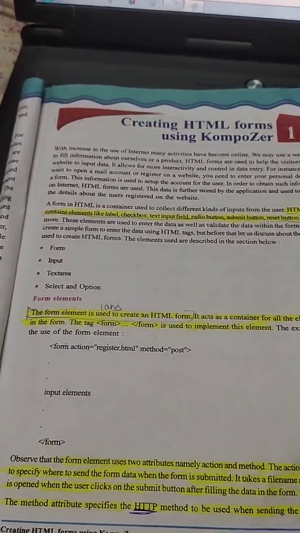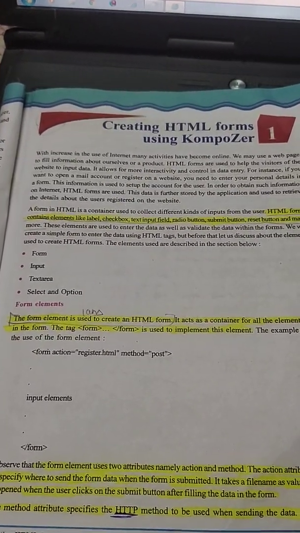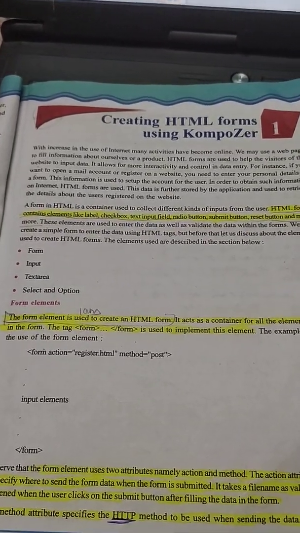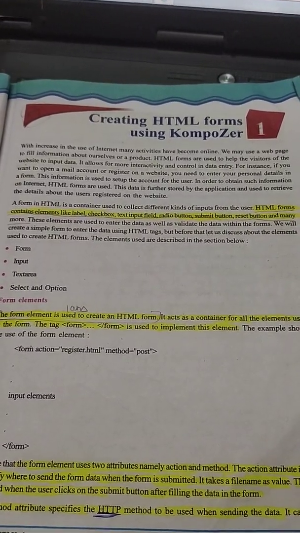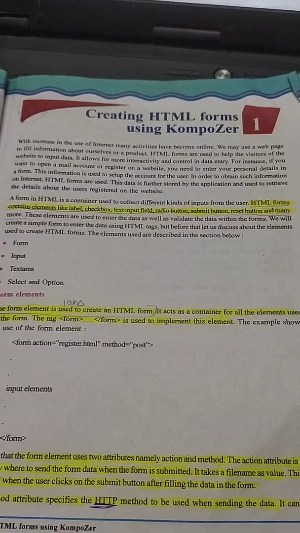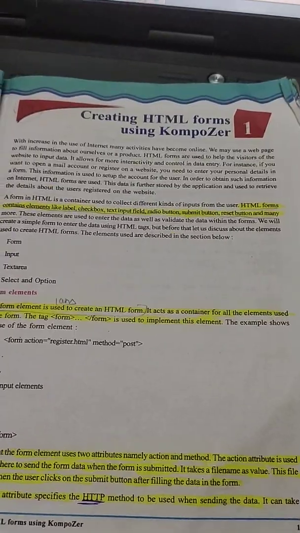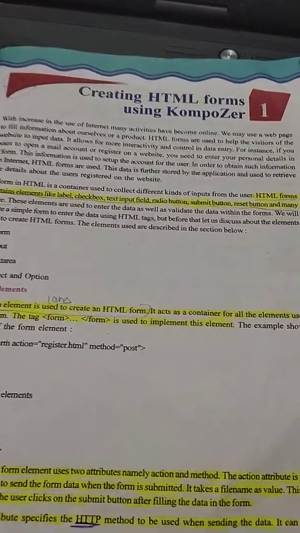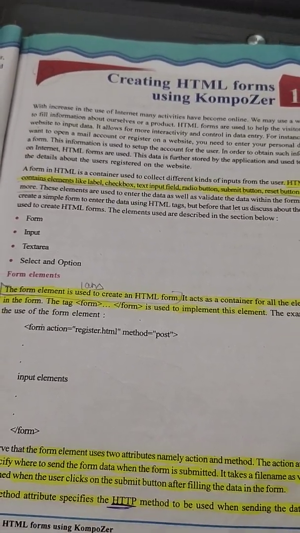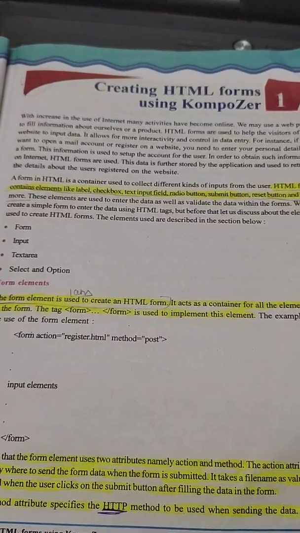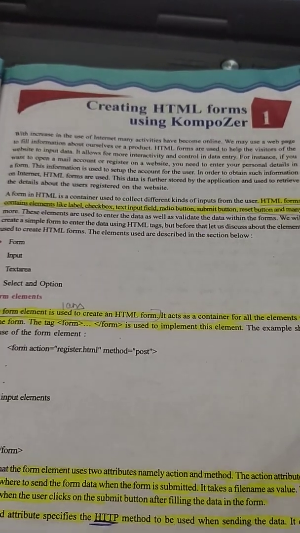I told you about form. What is form? Form is for registration. It is compulsory. If we have to register our company, individuals, or a small scale business, everyone requires registration compulsorily. So a website also requires registration. So HTML's first main element is forms. The form element is used to create the HTML form, and it is a container for everyone. Forms registration is a container for every single software.